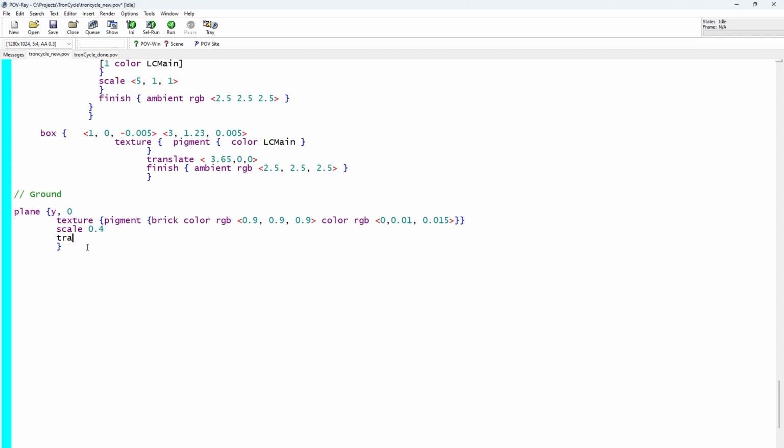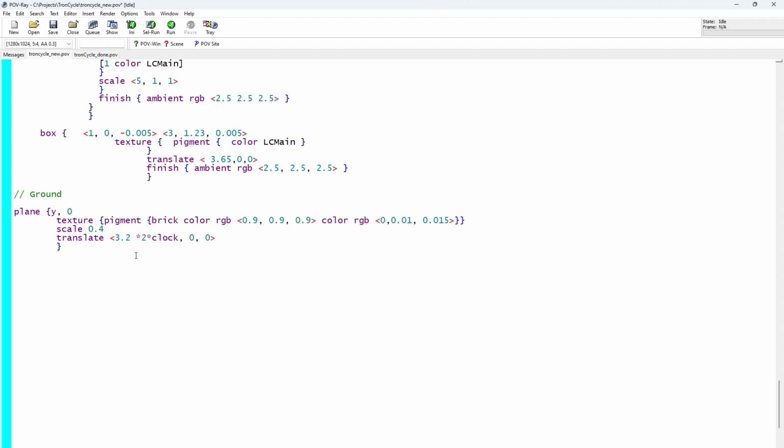So I'm going to put translating, and we're going to have a value of, what was it? It's something to mess around with to get it how you want it to look. I'm going to use 3.2 times 2 times clock